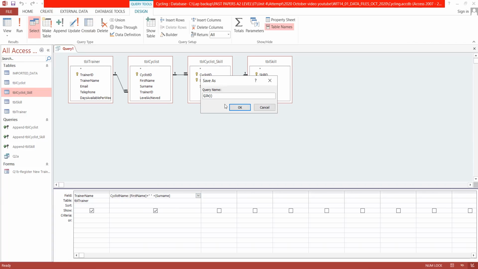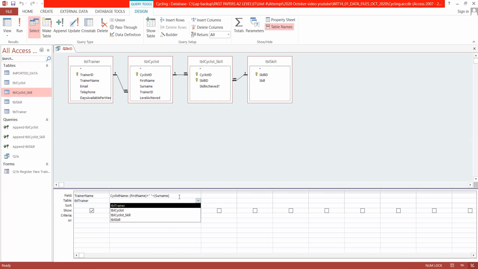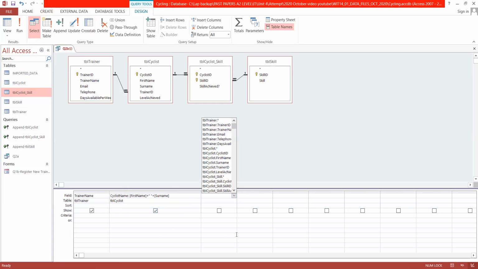So I'm saving the query again with the question number. And also, when you make a field not taking it directly from a table, it doesn't refer to a table, but I prefer giving a table. And then we have